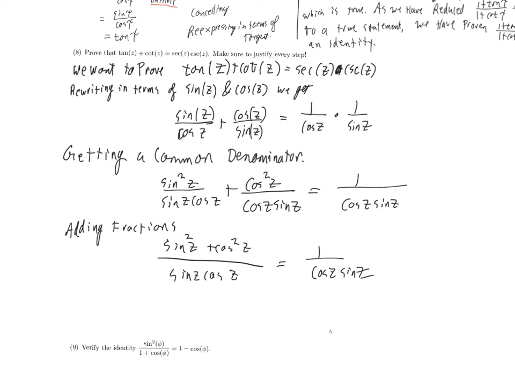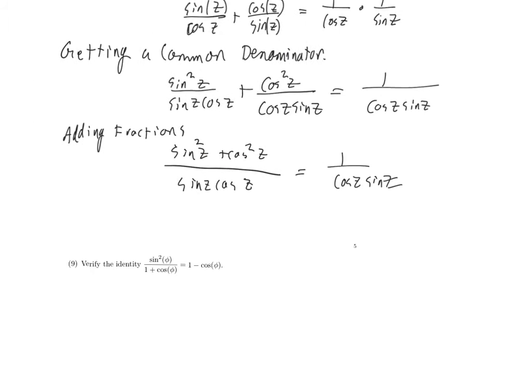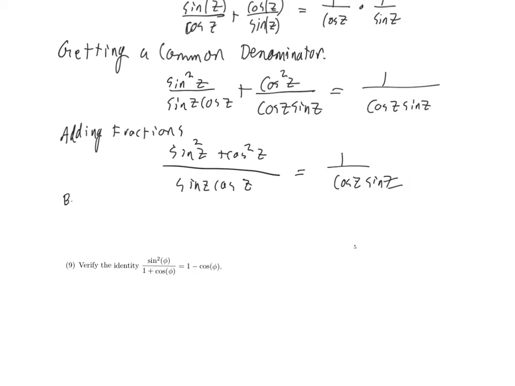So you see the numerator on the left-hand side is sine squared plus cosine squared. That's exactly 1 by the Pythagorean identity. By the Pythagorean identity, we get 1 over sine z cosine z equals 1 over cosine z sine z,